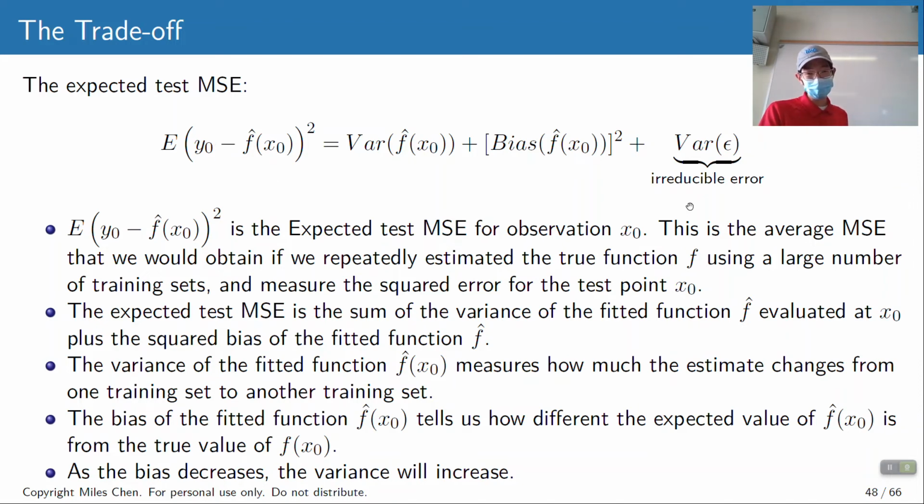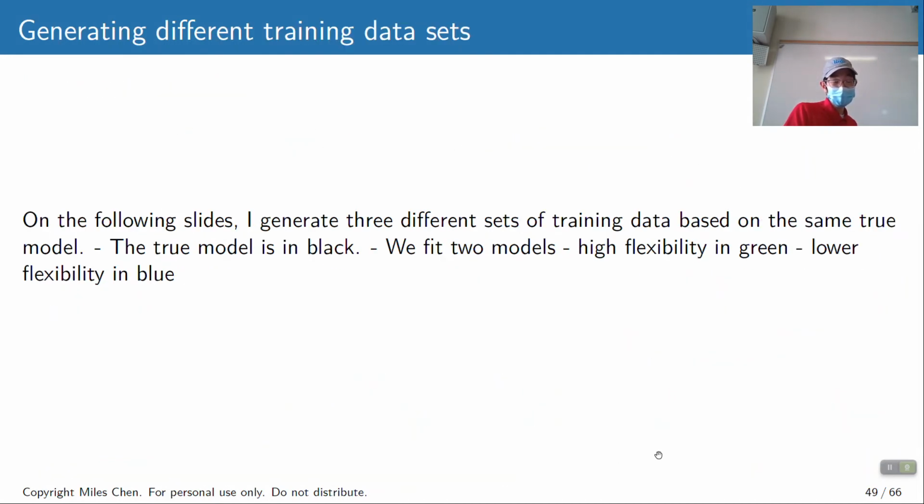Because the actual values also have some amount there, okay? And so these things add up, and if you want to decrease the variance, you're probably going to increase the bias. If you want to decrease the bias, you might end up increasing the variance, okay? So as the bias decreases, the variance increases, and that's just kind of